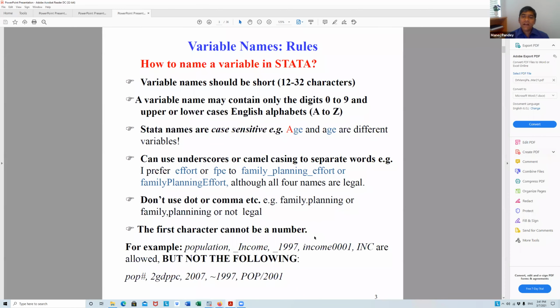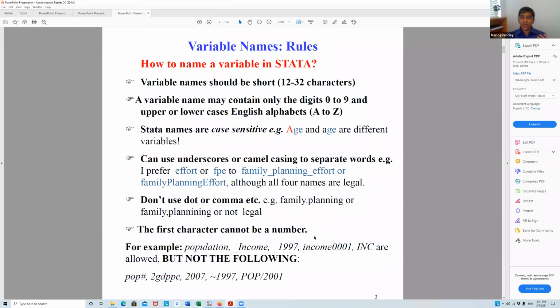A variable name may contain only the digits 0 to 9 and upper or lower case letters, that is A to Z. But because Stata is case sensitive, two variables sounding the same, like age, will be treated as different. Capital AGE is different from small age.